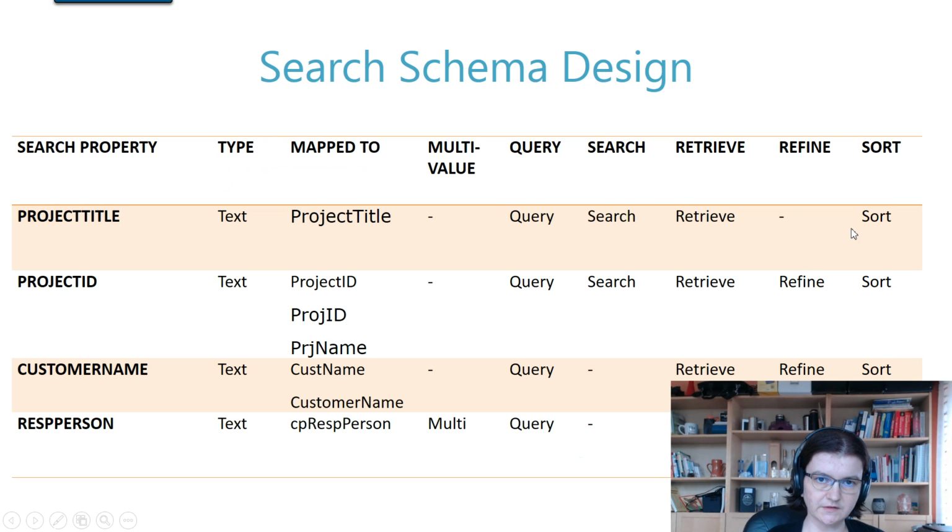And after that, understanding what's needed, I need a refiner for content type, or I want to display the invoice number, or those kinds of things. You have to identify those properties that you need, and then you have to plan for it. So for example, in this case, you can see a table of the requirements, what kind of properties will be needed. So in the first column, you can see the search property, the managed property, the type of it, which crawled property it should be mapped to, how it gets the values, where it gets the values from, and then